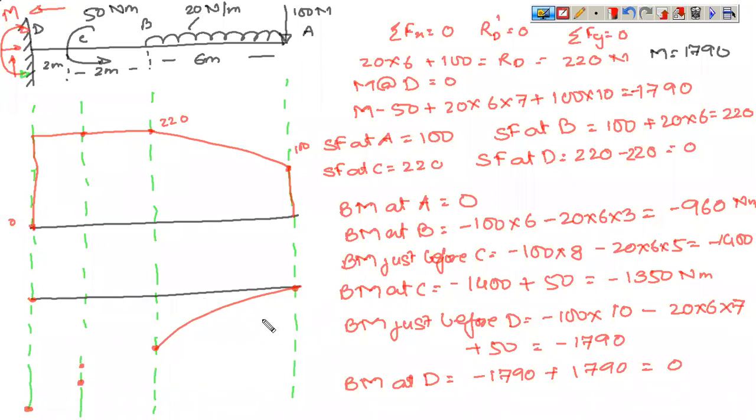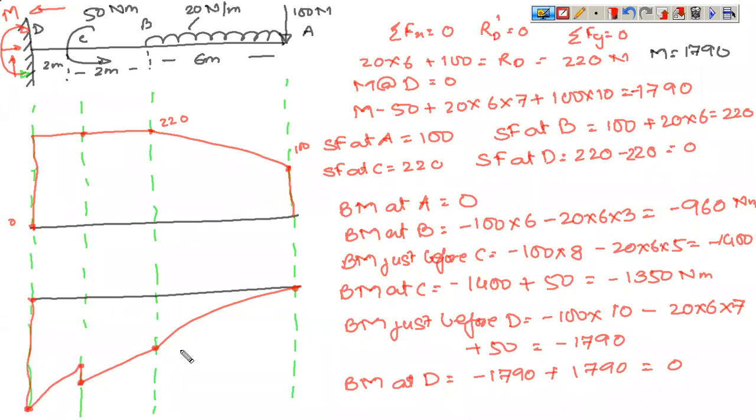Now you need to remember the most common mistake that we make is at C you have 2 points. So you tend to join this. So you need to remember the sequence of activities. This is A, this is B, this is just before C, and this is at C. So the variation between B to C will be a straight line. As soon as it reaches here, you have a constant value. The variation between C to D will again be a straight line because it is only a function of distance. And then finally it closes.